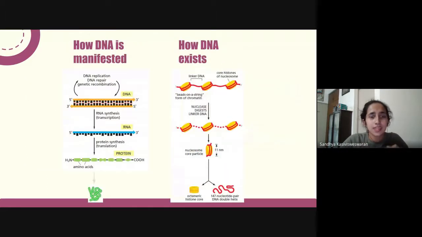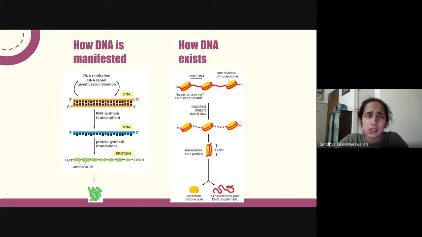So we know that anything that's in a cell is because of the proteins that are in it, right? So we know that the DNA becomes RNA, becomes protein, and that's the central dogma, which we've studied in session 0 and again last week. And so we know this. So if we have to figure out how epigenetics actually works, these are important things to keep in mind.